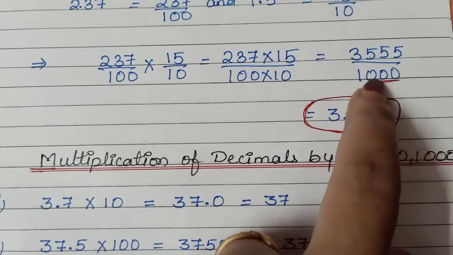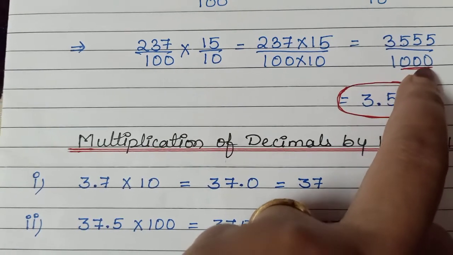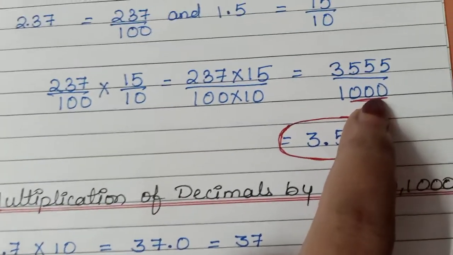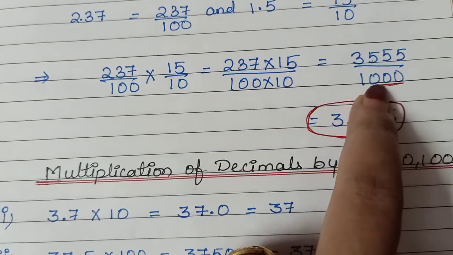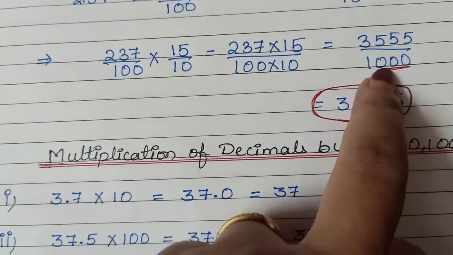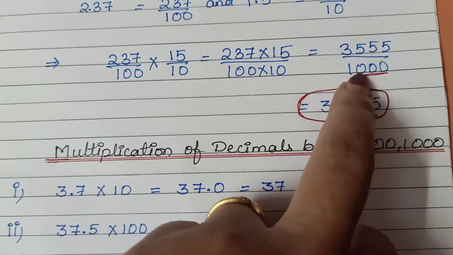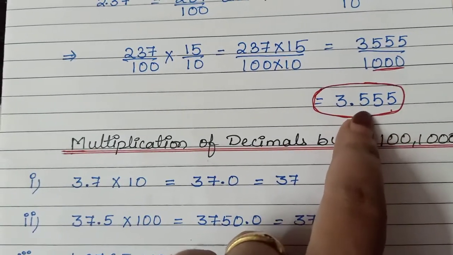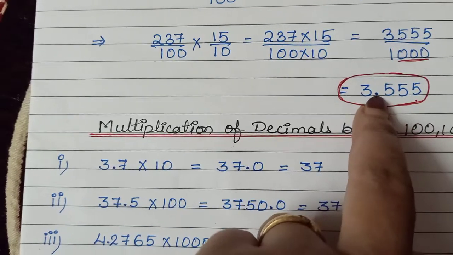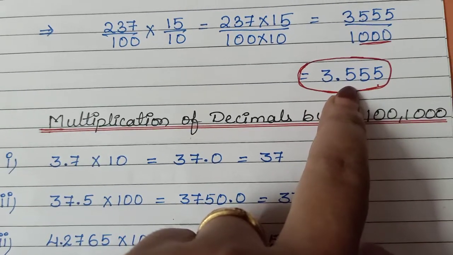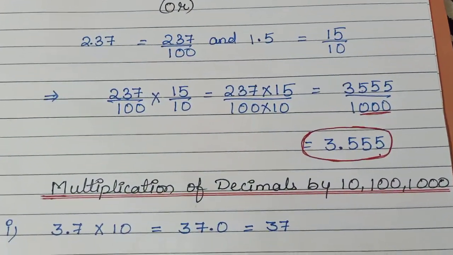Now if you try to convert this number into decimal, what will you do? You simply count the digits, because this is a decimal fraction. We know when the denominator is 10, 100, 1000, 10,000, we call such a fraction a decimal fraction. A decimal fraction is very easy to convert into decimal, because we count the zeros and from the last we put the decimal. So you'll get 3.555, the same as above. I hope this is clear for all of you.